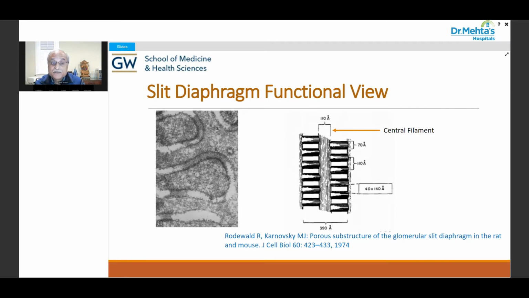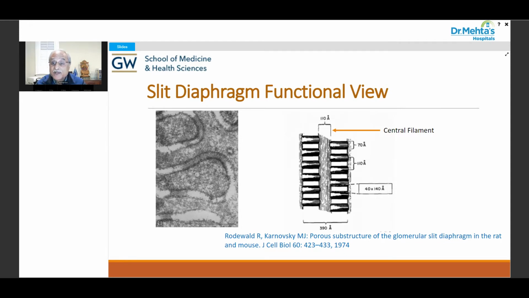One of the earliest descriptions of slit diaphragm was by Rodewald and Karnowski in 1974. It was a very novel concept. What they did was they did high-powered electron microscopy and found that there was a central core with parallel but perpendicular type of something holding that central core together. They called that central core the central filament, and thought that these were pores through which filtration was actually